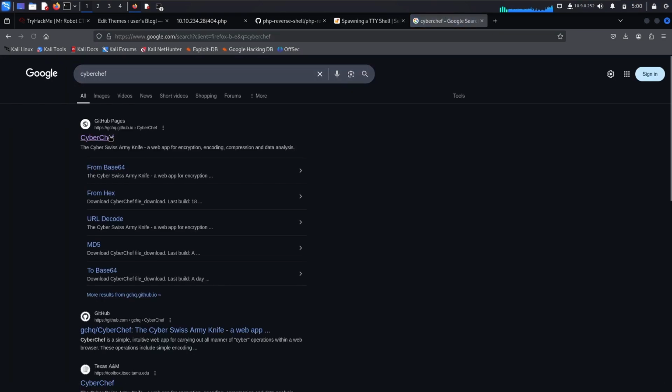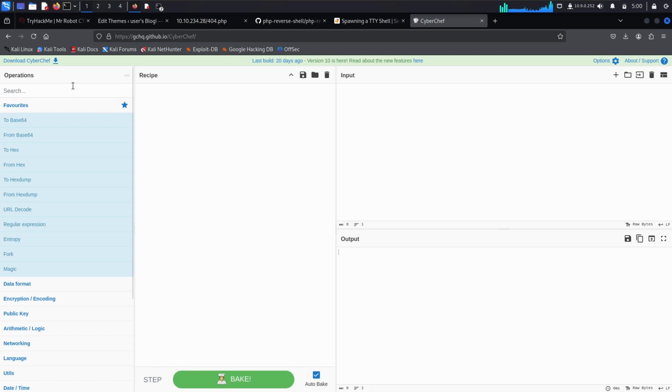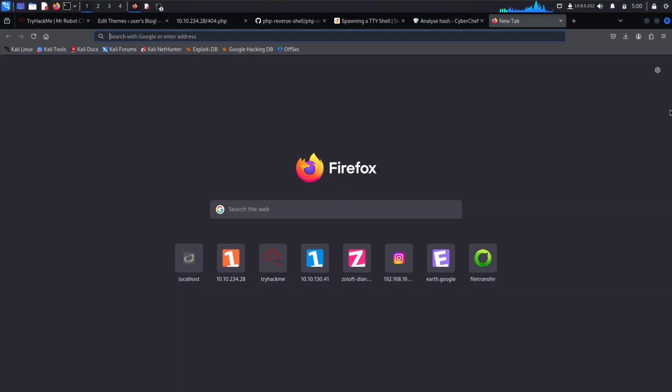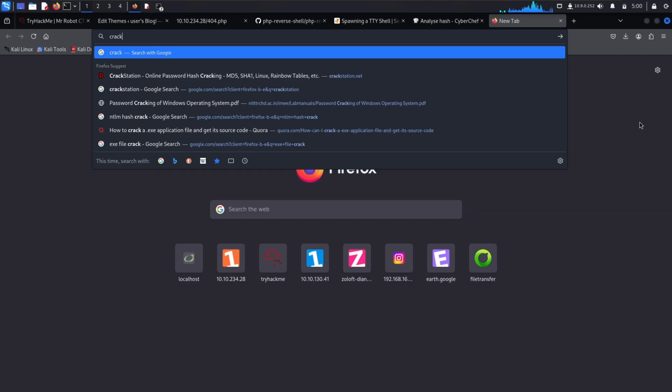So this is a great website. It has a lot of features. In this website, I am just taking the hash and pasting it in the input. And as you can see, it's MD5. The most probable type is MD5. So maybe MD5. So we have a website called CrackStation